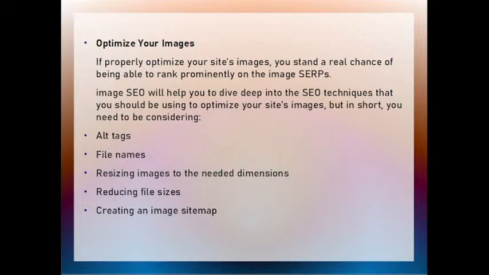Next one, how to optimize your image. If you properly optimize your site images, you stand a real chance of being able to rank prominently on image SEO. So how to optimize your image? Image SEO will help you deep dive into the SEO techniques that you should be using to optimize your site's images. But in short, you need to consider, for example, the alt tag, then the image file name, then